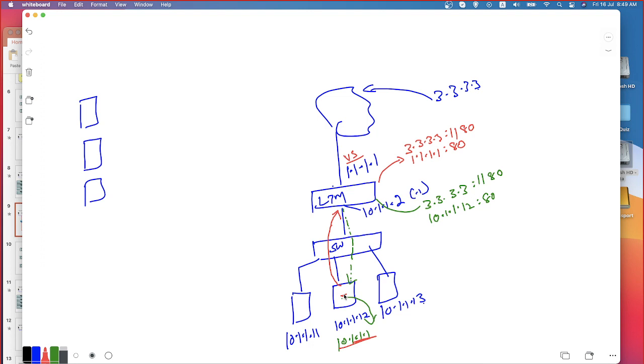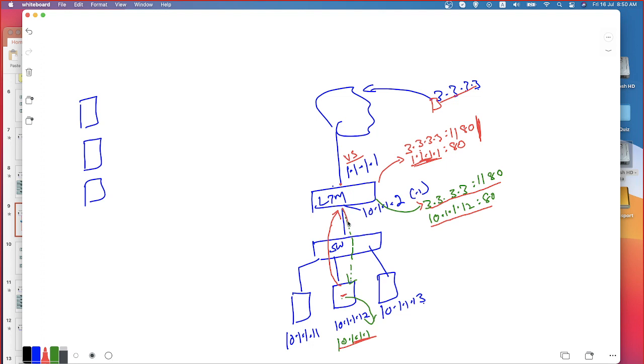Right. See, the request has been initiated from the client, right? Is that point clear or not? The request has been initiated from 3.3.3.3 and is being forwarded to 1.1.1.1. The traffic has been received on the external interface of my LTM, correct? When the traffic is forwarded to one of the servers available internally, the source IP address is kept the same. The source IP address is 3.3.3.3, the source port number is 1180, whereas the destination IP address got translated to one of the servers I have chosen according to the load balancing algorithm. Is that point clear?